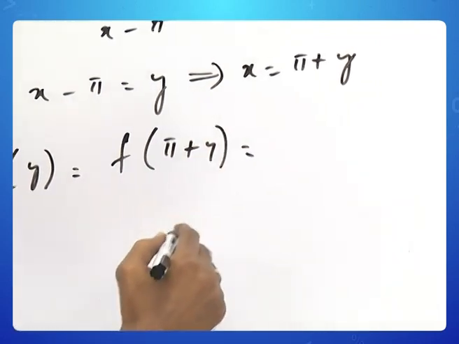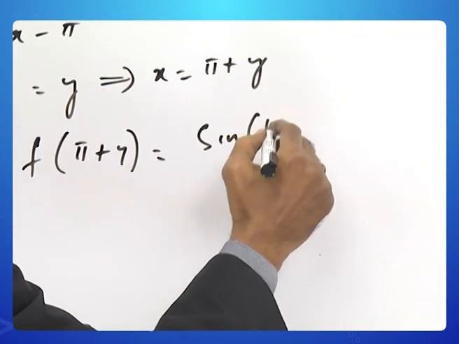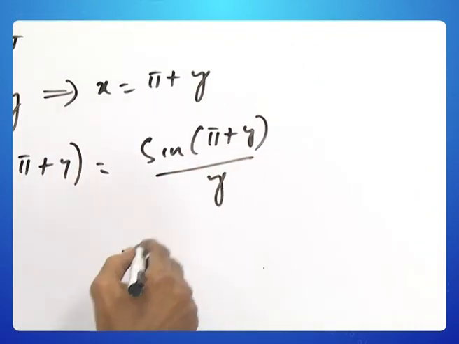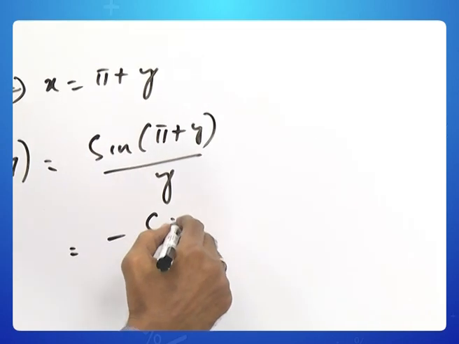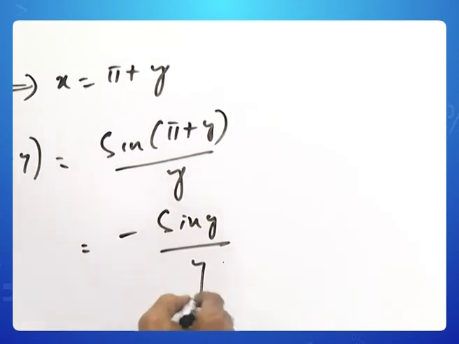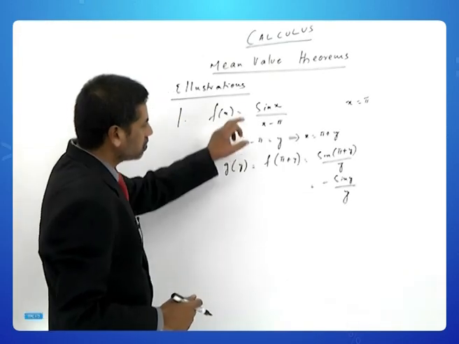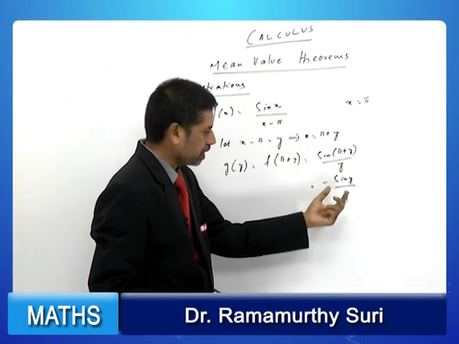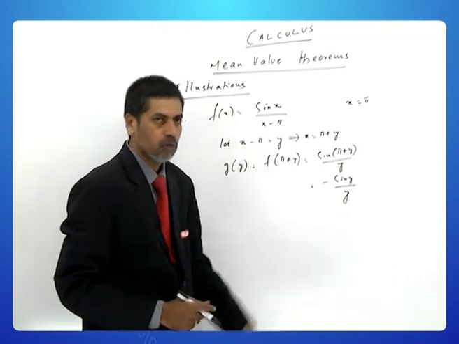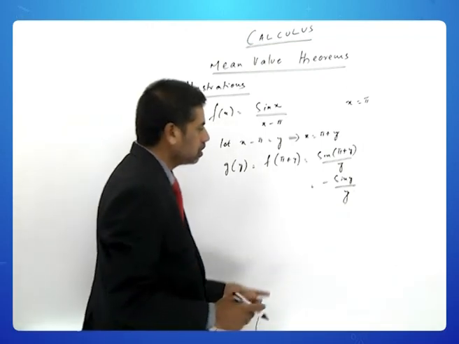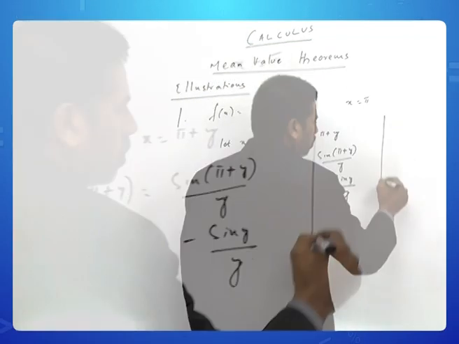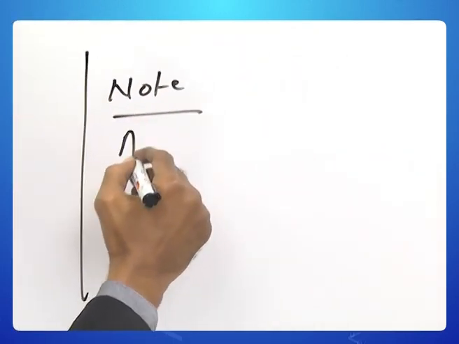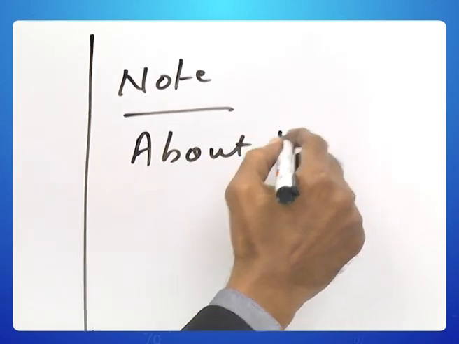plus y is equal to sin pi plus y by y, but sin of pi plus y is minus sin y. So, the expansion of sin x by x minus pi around x is equal to pi is equivalent to expanding minus sin y by y around y is equal to 0. Now, you must remember that about y is equal to 0,